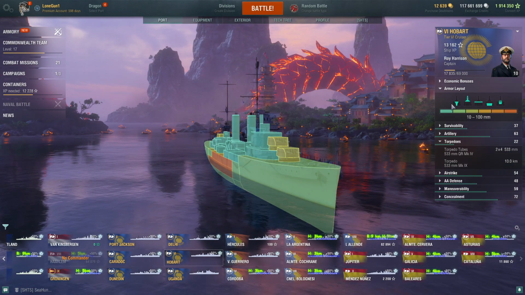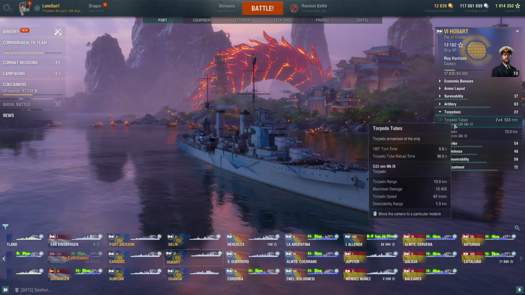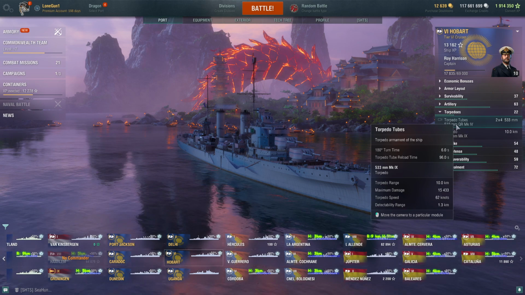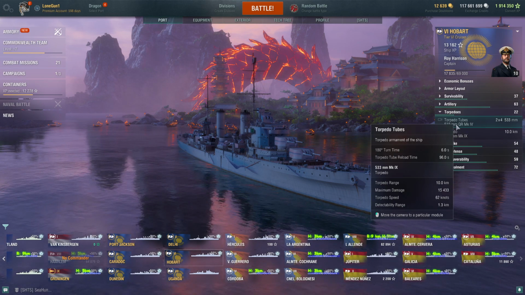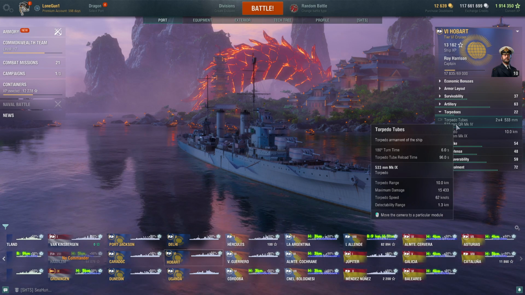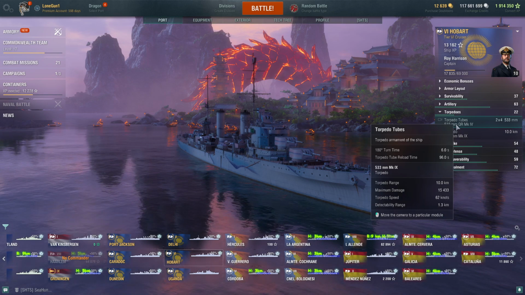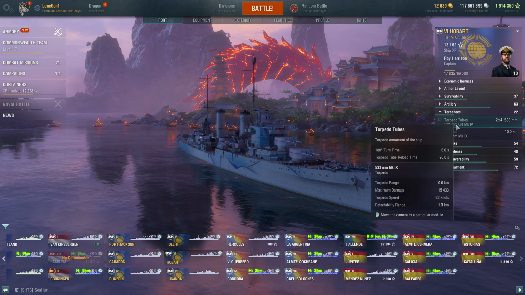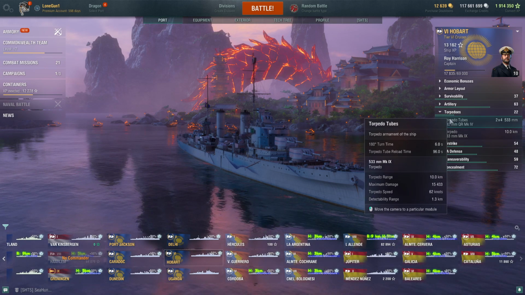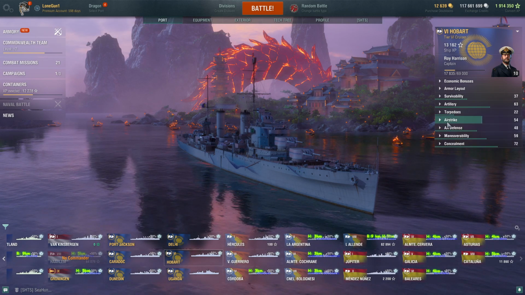She is a light cruiser and as such is made of paper. She has torpedoes, which can do 10 kilometers range, not bad, 62 knots, maximum damage of 15k, 15,433 to be precise. Detectability is quite good, 1.3 kilometers, so quite hard to spot. And a reload time of 96 seconds. She gets 3 of these torpedoes each side, so for a total of 6 torpedoes that can be launched at any one time, 3 a side. Okay, so moving on to her